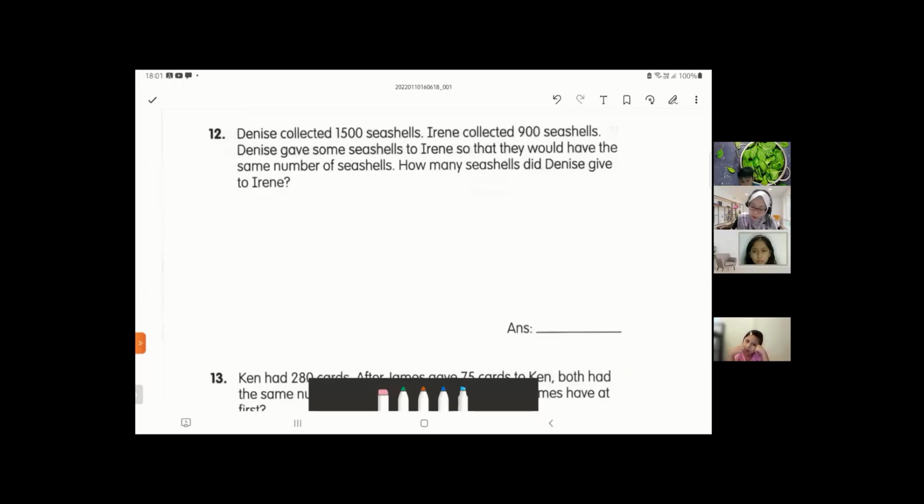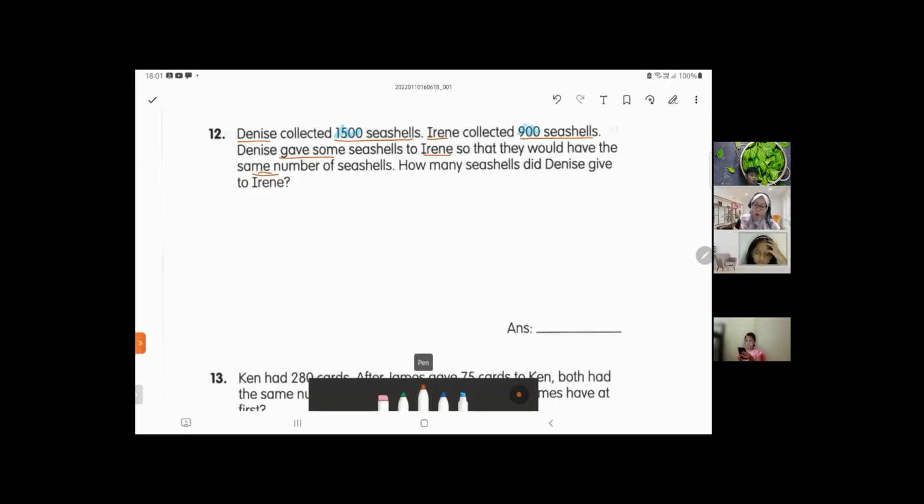Okay. For this question, Denise collected 1,500 seashells. Irene collected 900 seashells. Denise gave some seashells to Irene so that they would have the same number of seashells. Okay, if you look at the numbers at first, between Denise and Irene, you can tell that Denise has more,